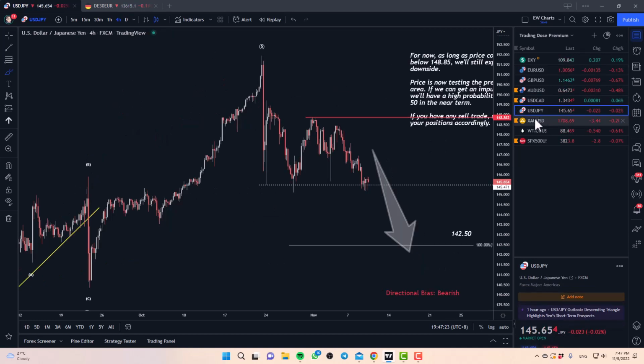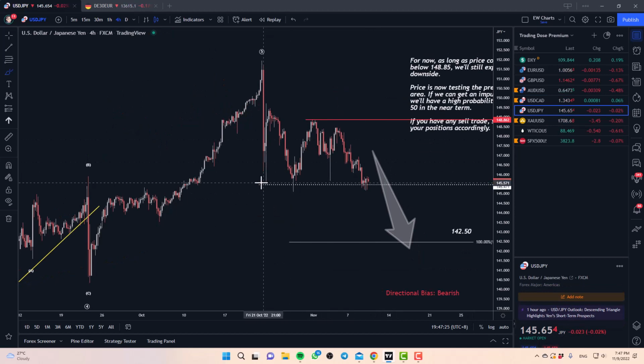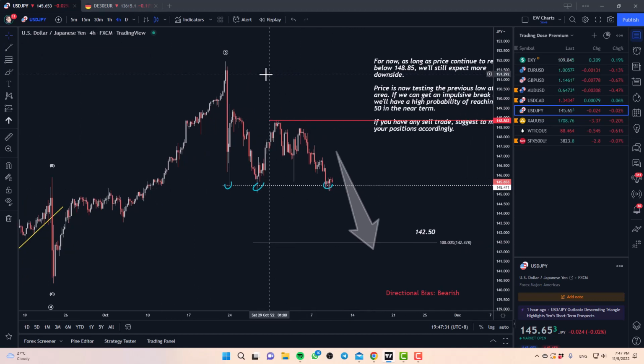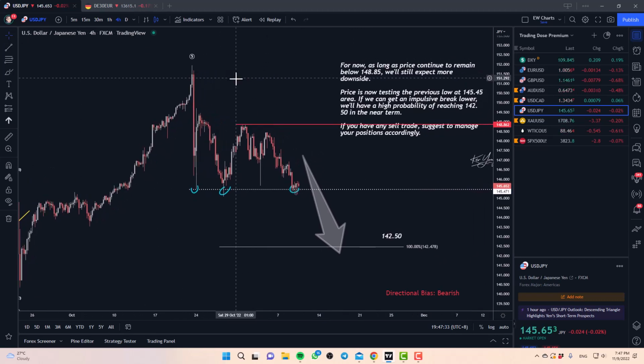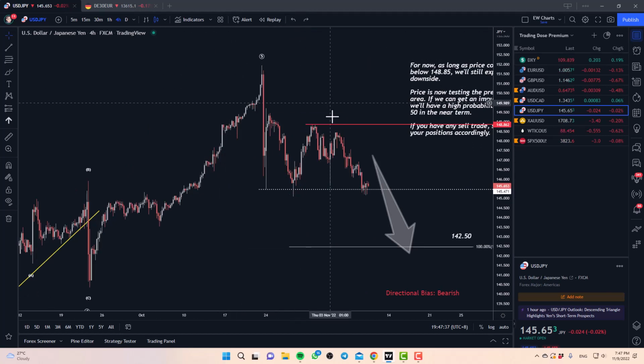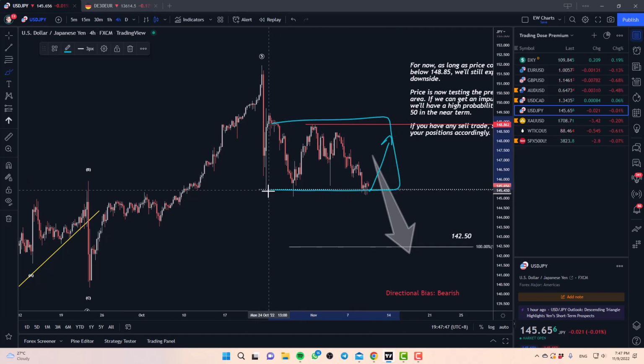And then we have the dollar yen. Dollar yen is retesting the bottom as of now. There is quite a lot of different possibility of how this can eventually turn out to be. My suggestion is, if you do not have a sell trade running at this moment, then just be patient. Because again, this can easily get rejected to the upside to kind of form a bigger corrective pattern before